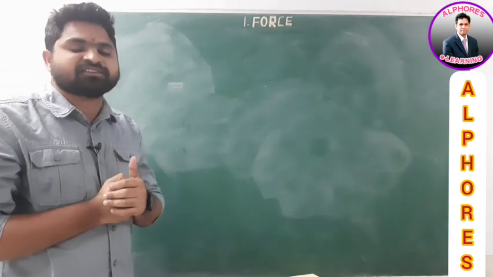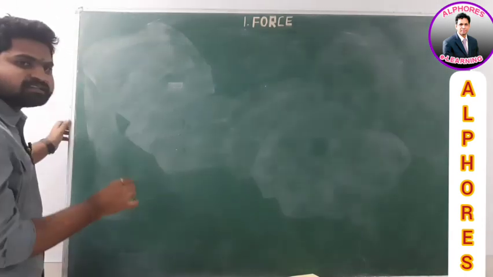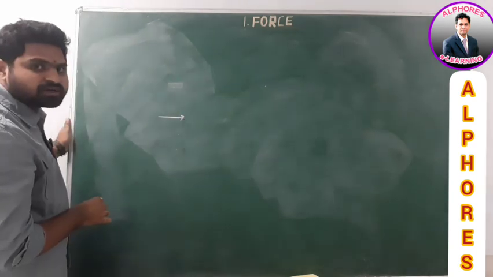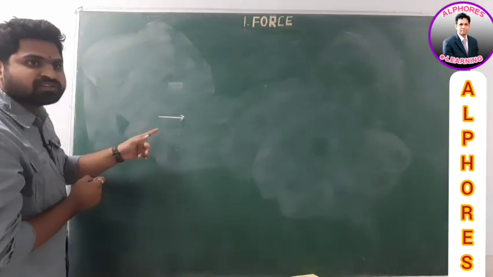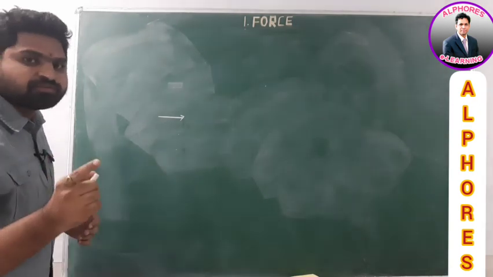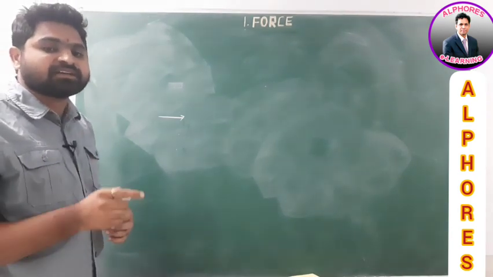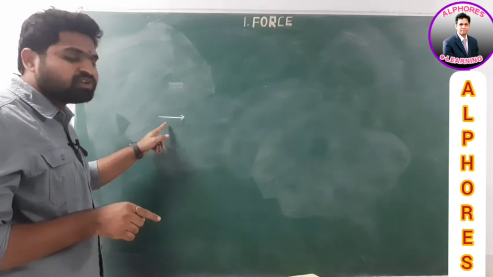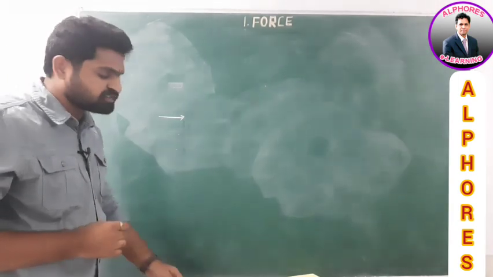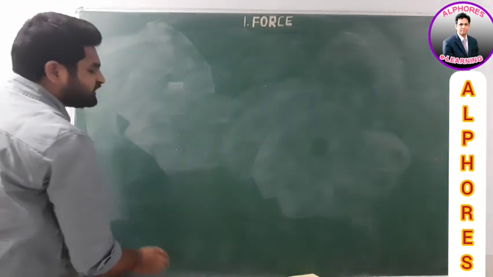And one more thing is about the direction. The direction of the force is usually represented with this symbol, this arrow mark. This is called an arrow mark, which is nothing but the direction of the force. Strength of the force is indicated by the magnitude, whereas direction of the force is usually represented with this symbol. The symbol name is an arrow mark. I hope you understand. Now I will move to the next topic. The topic is units of the force.